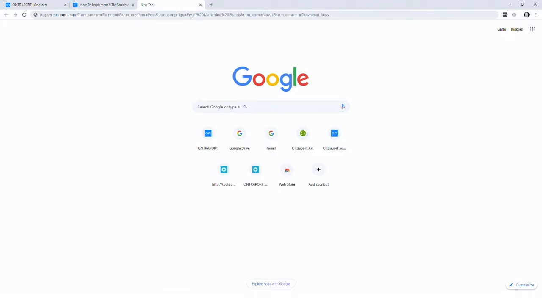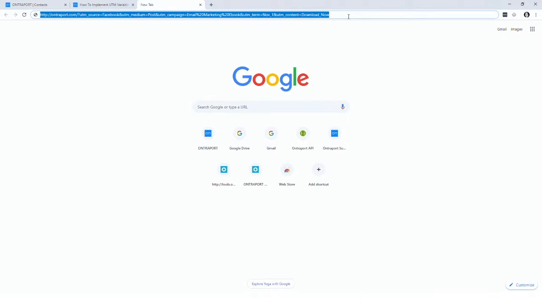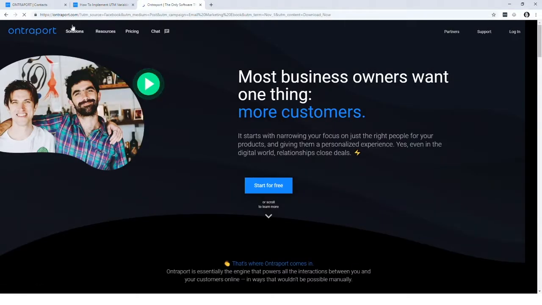UTM campaign equals email marketing. So this campaign that the ad was about, hey, come to Ontraport for email marketing, or actually the email marketing book. I don't know what that even is, but maybe we have a campaign about the email marketing book. And then the term was, they used November 1st. I don't know why, but UTM content is download now. So that was the call to action they used. So we'll talk again about how that gets created. But the point is that somebody clicks that link, they go to Ontraport, and you'll notice that all that stuff stays